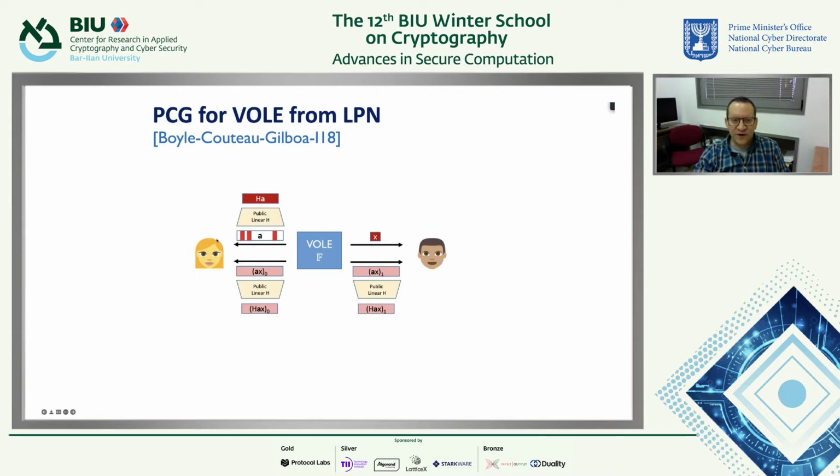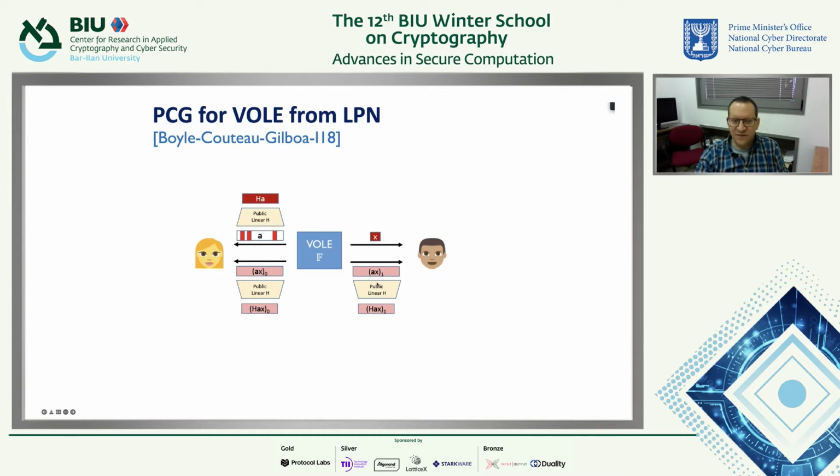So to convert a sparse vector into a pseudo-random vector, it suffices under LPN to apply a suitable public linear compressive mapping, right? So we compress this sparse vector A, say by a factor of 2, using a publicly known mapping, and we get a pseudo-random vector. And the nice thing is that we can apply the same compressive linear mapping because it's linear, and because we have additive sharing of A times X, we can also apply it locally to the shares of A times X,